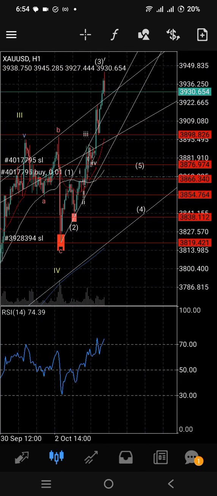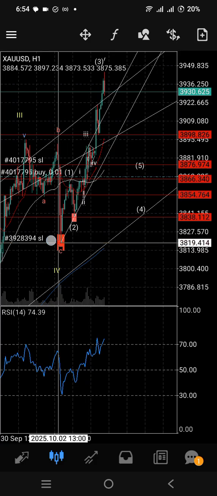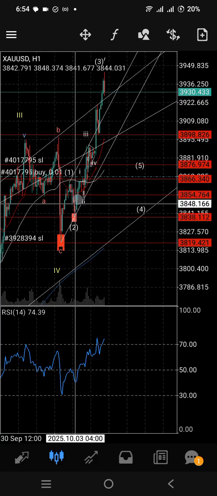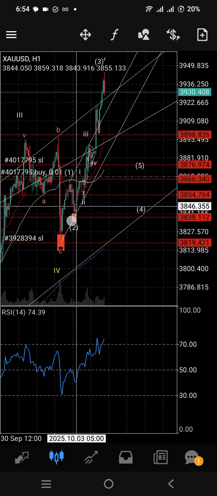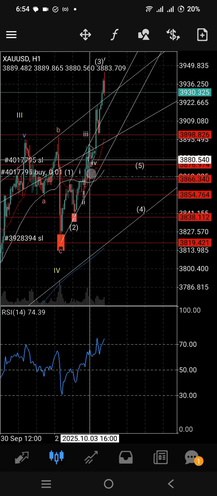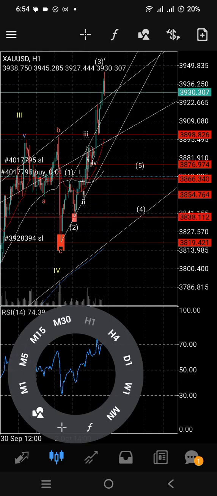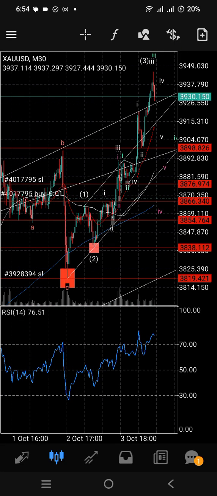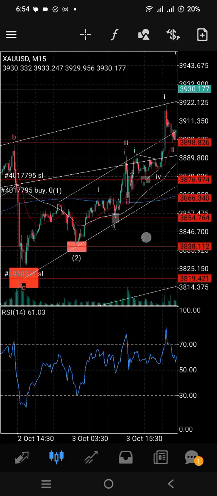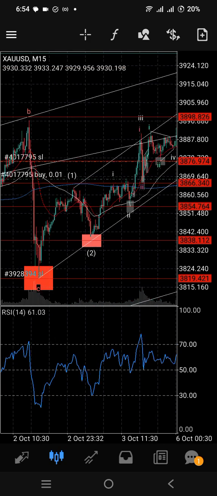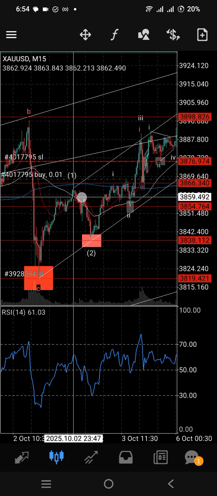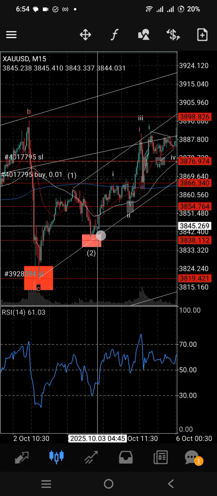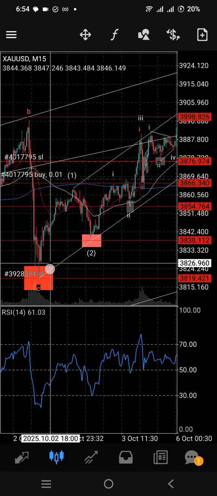So I missed that trade, but on this occasion I did not miss it. I was able to take a trade according to my strategy of waiting for 3 to 4 points, but I took this one a bit hastily though, so I'll get into that. On the 15-minute time frame, to be fair, I wasn't able to count this, but I did see a 3-wave breakdown, so I just labeled it as